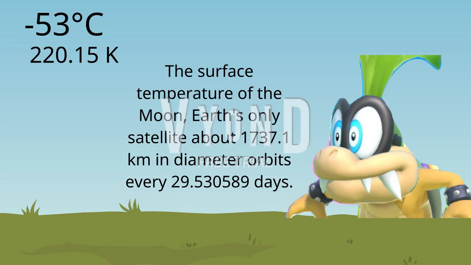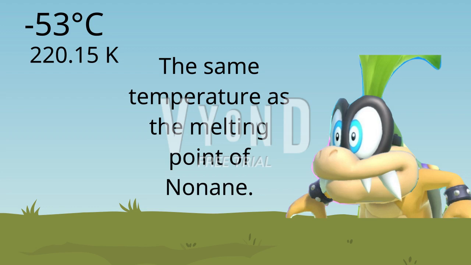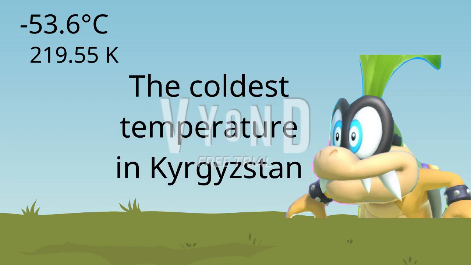The surface temperature of the Moon, Earth's only satellite, about 1,737.1 kilometers in radius, which orbits every 29.530589 days, is -53 degrees Celsius, or 220.15 Kelvin. The same temperature as the melting point of nonane, a compound containing 9 carbon and 18 hydrogen atoms. The coldest temperature in Kyrgyzstan is -53.6 degrees Celsius, or